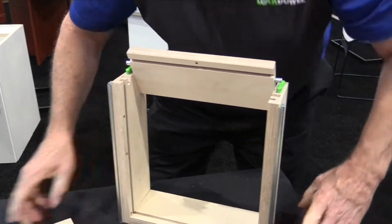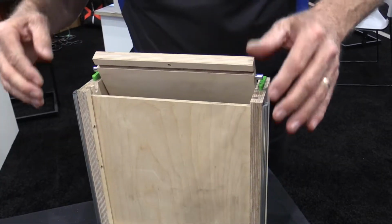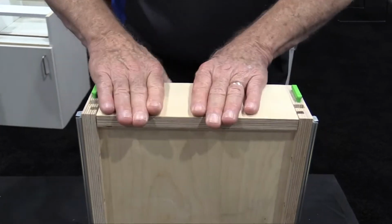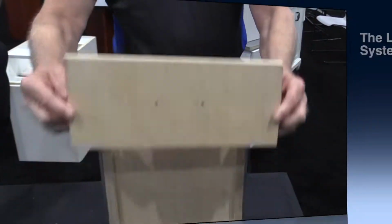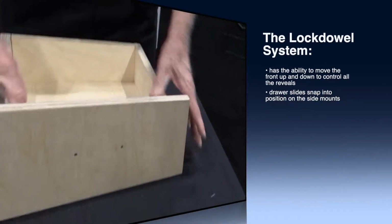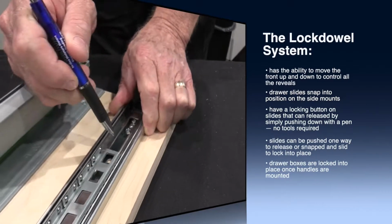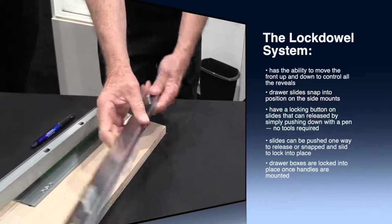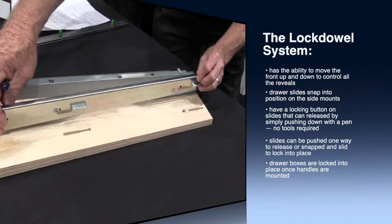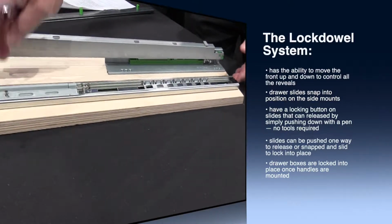Drawer box leaves open, so you can put the bottom in, slide it in, just flip the top back, flip it down, have that bottom plug in, down, top piece on, which you can see. I did this a lot of